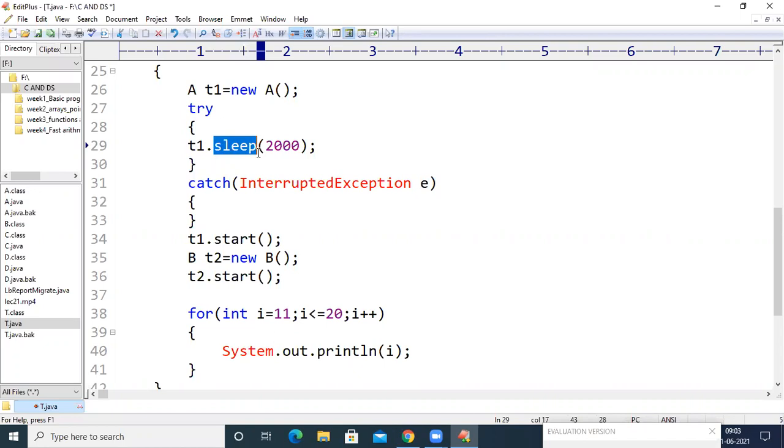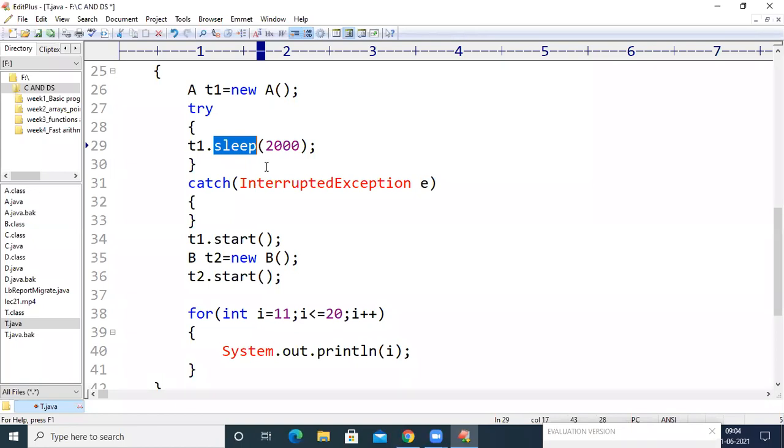So an interrupted exception class object will be generated. That object will find whether there is any handling procedure for it in the program. If we don't provide any handling procedure, then the object will reach the Java virtual machine. When it reaches the JVM, the JVM will report that there is an interrupted exception with this statement.